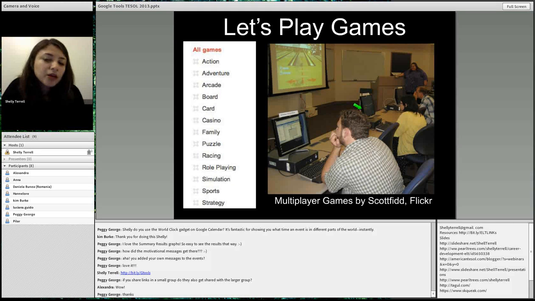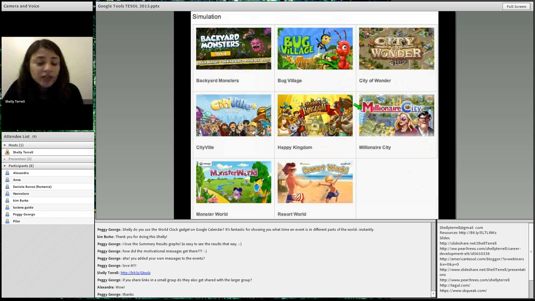And if you have a computer lab, then they can go, or they can share. They can be in pairs and they can play the same game together. Or they don't even have to do that. They can do this at home and you all can play the same game. You would say, why do I want to do that?